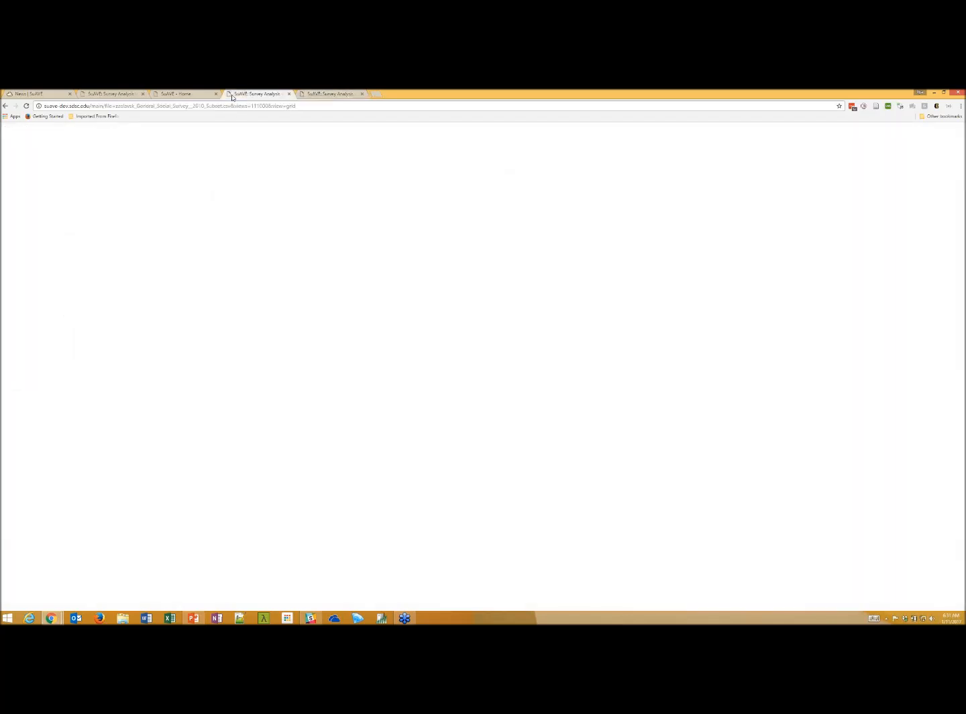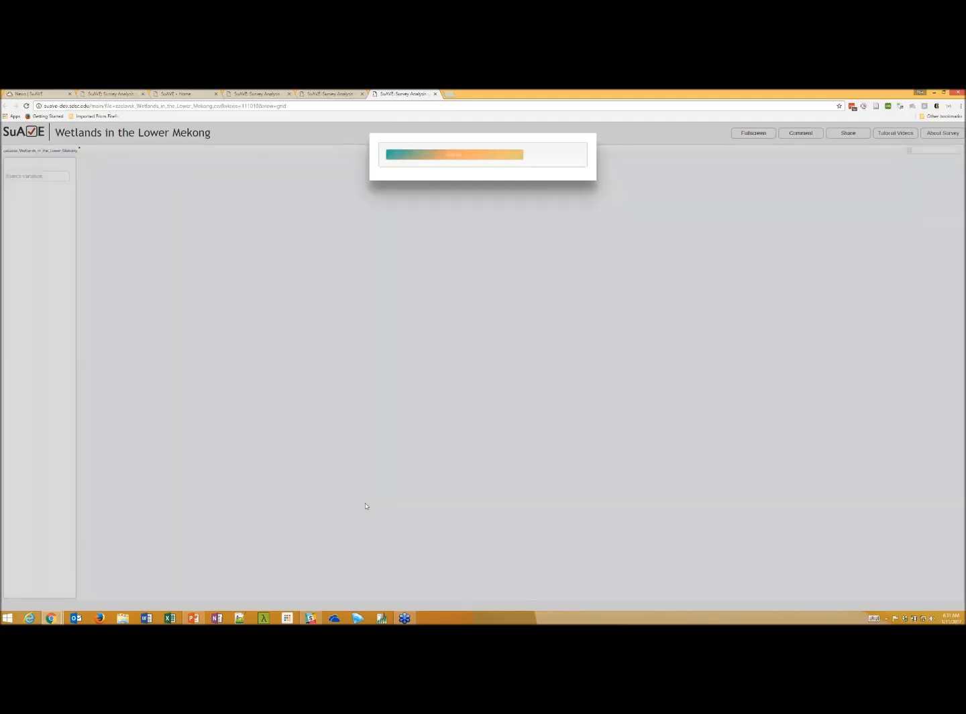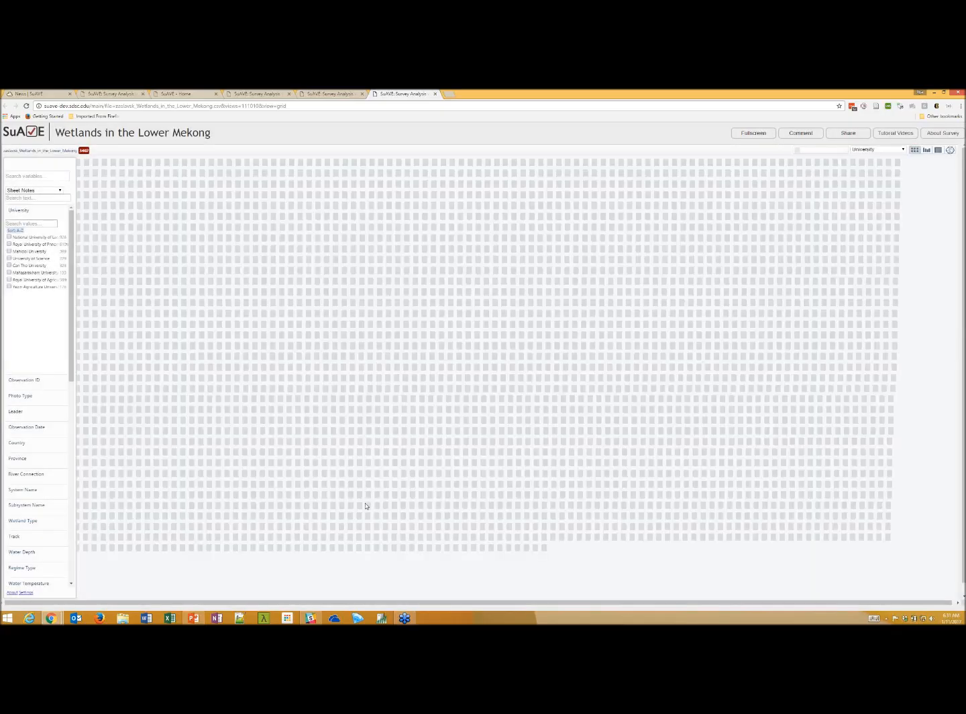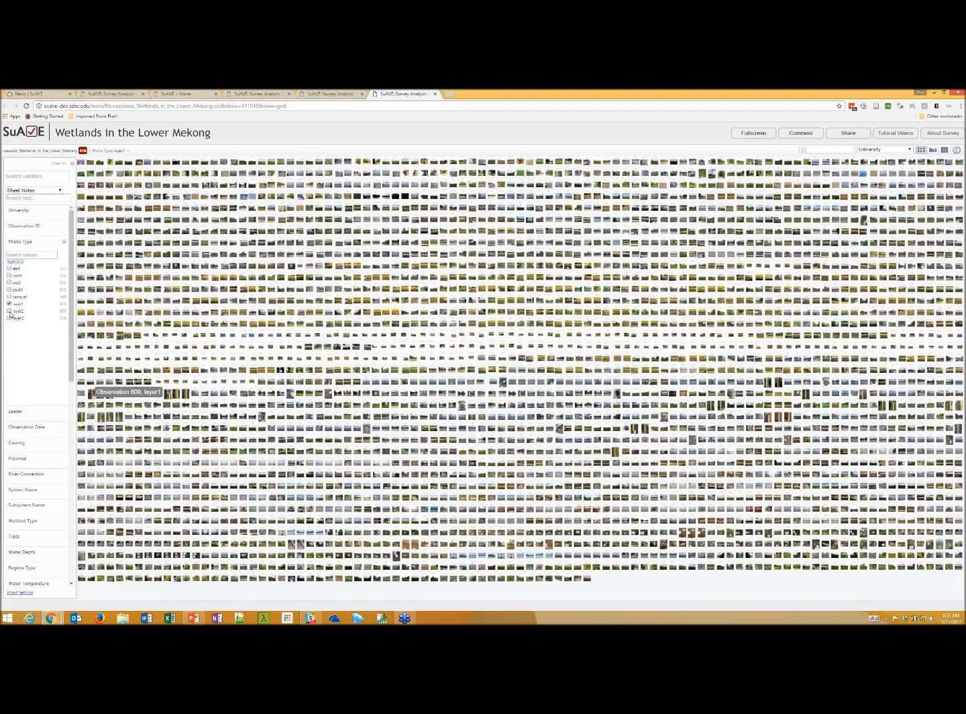Okay, let's go back to PowerPoint. Another interesting example is wetlands in the lower Mekong. And this is a multinational project that collected a lot of soil samples. For example, let's look at types of photos that will show us layers of soil collected. As you zoom in, you would see that these are actually,